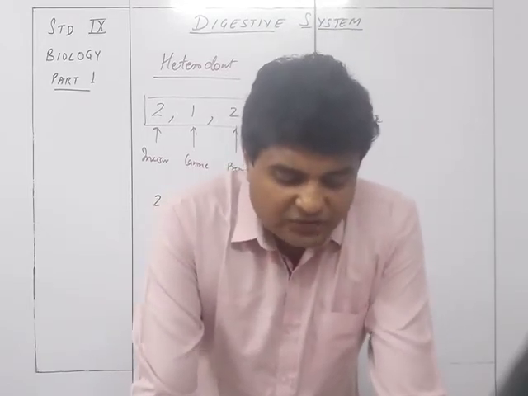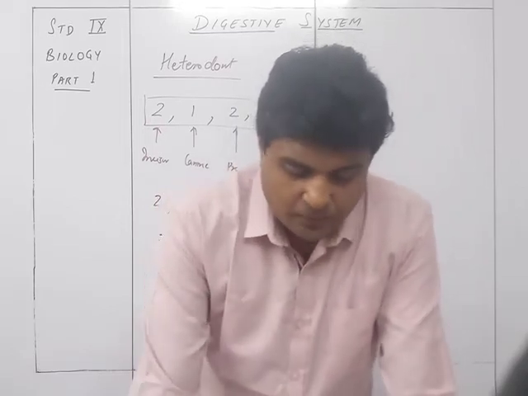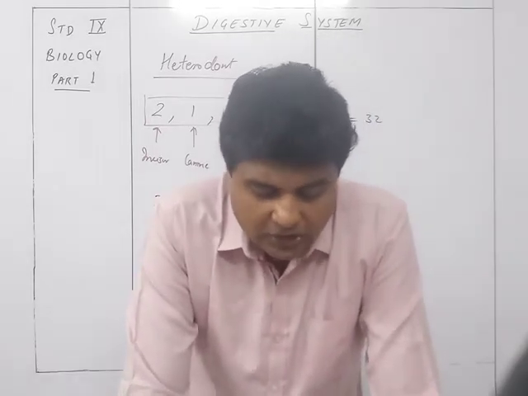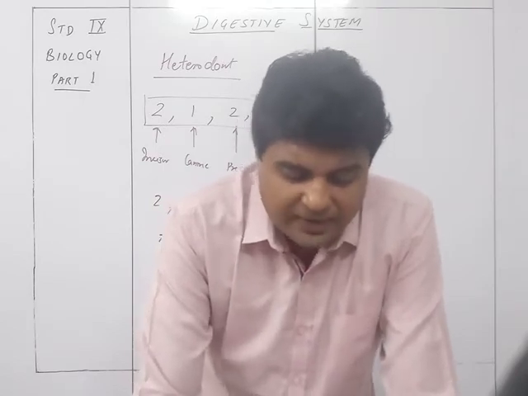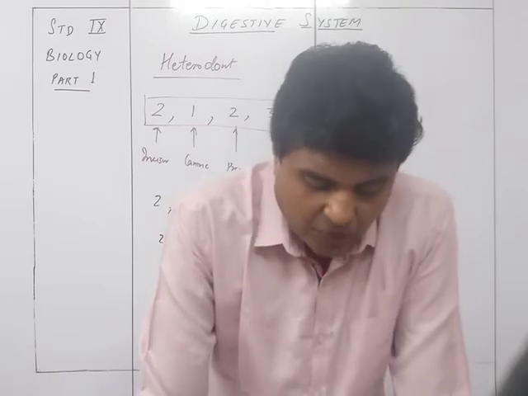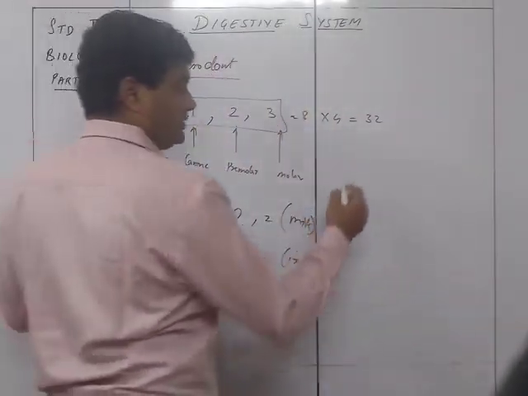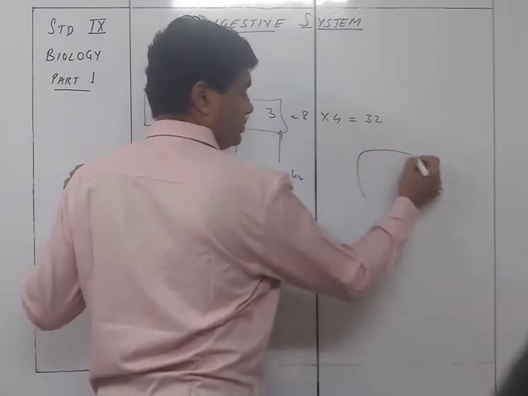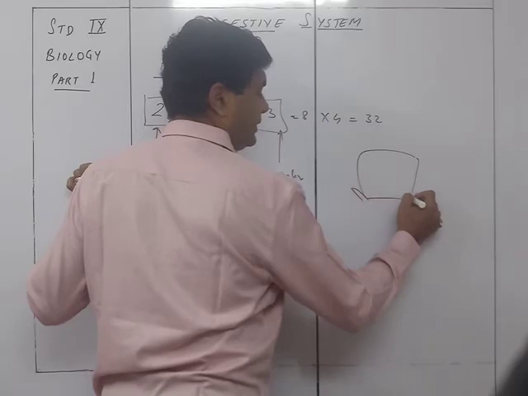The general structure of all types of teeth is the same. Each tooth consists of a crown, or a part exposed above the gums, and the root, or the part embedded in a cup-like socket of the jawbone. So it can always be seen that the teeth will always be this way: if this is a tooth which is here, it is going to be embedded in gums over here.